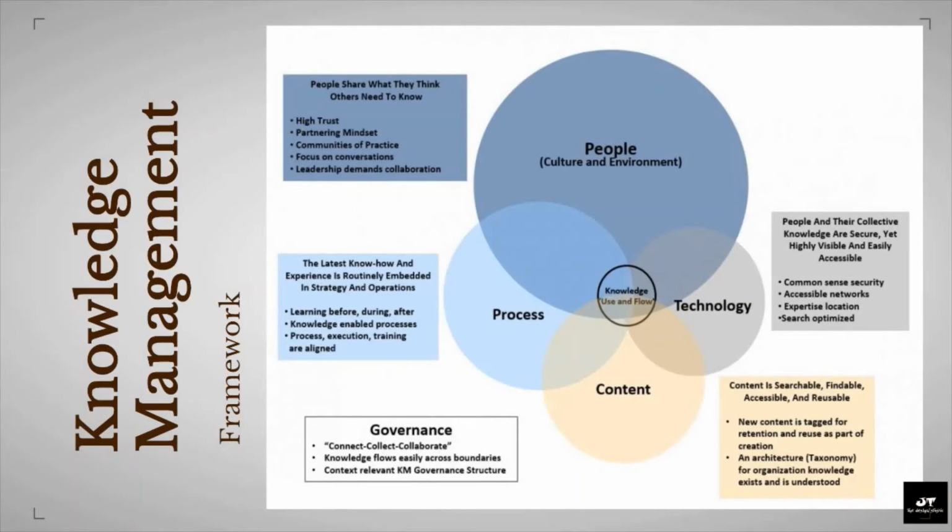Point 3. Technology supports knowledge management, allowing knowledge to be searched for, found, and accessed within knowledge management systems. Technology also allows people to communicate better. And point 4. Governance. The organization's governance must prioritize and reward knowledge sharing. Without this step, instituting knowledge management systems will be a battle.